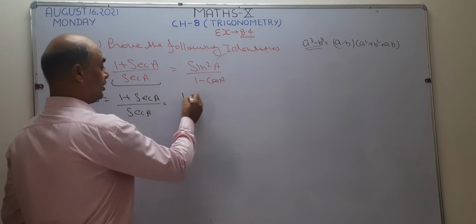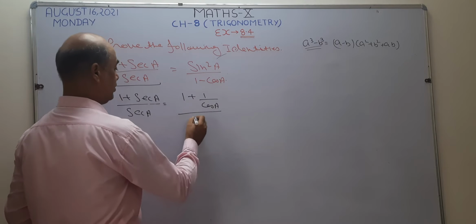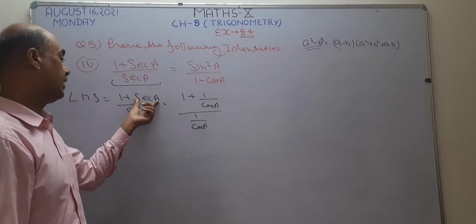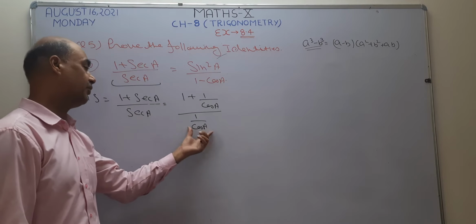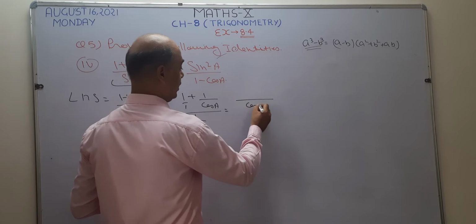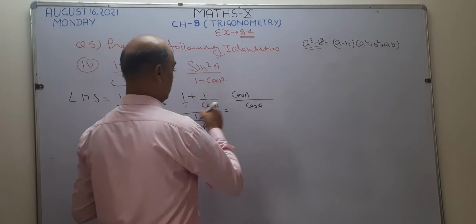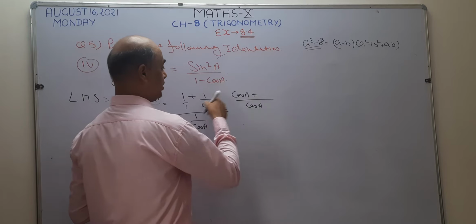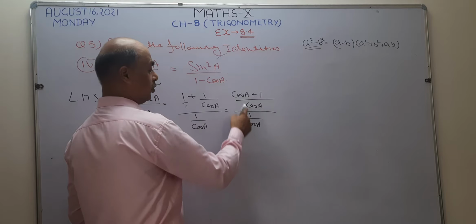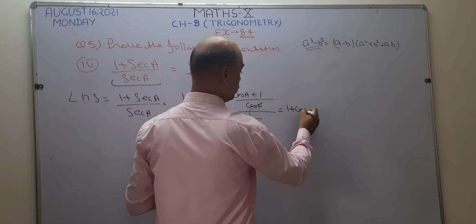Next step is to convert every part of the given question in terms of sin and cos. Now you know what is the reciprocal of secant? Secant A is 1 by cos A, and again secant A is 1 by cos A. Now I want to take LCM. LCM of the numerator part is cos A. 1 is there, it means this LCM is going to multiply 1. So this becomes cos A. Plus sign is there, cos is cancelled with cos. What is left? 1. Now 1 upon cos A. Now see, the denominators of both the terms are the same, so this one is going to cancel. What is left? 1 plus cos A.